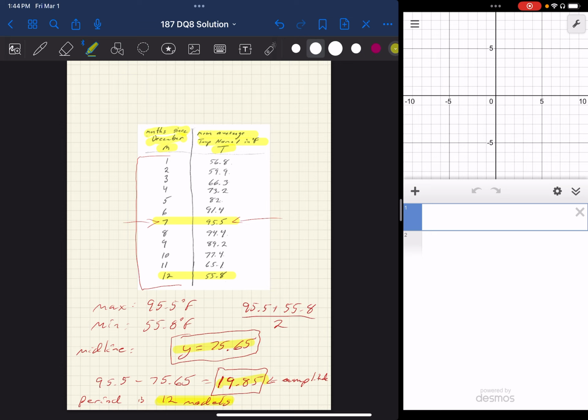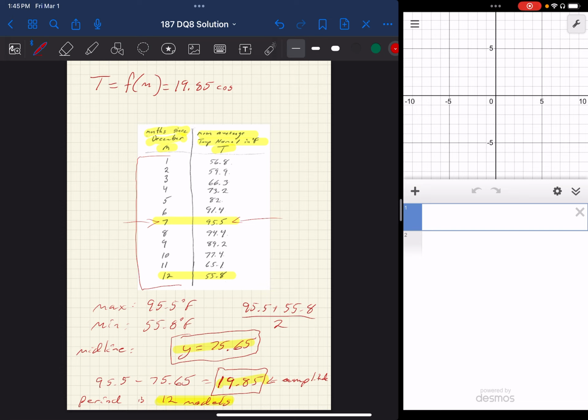So I can go ahead and write the function. And the function is going to be t is equal to a function of m. And you could just say t equals, or you could say f of m equals. I'm just putting them both there so that you can see that. T is equal to, is a function of m, and that is equal to 19.85